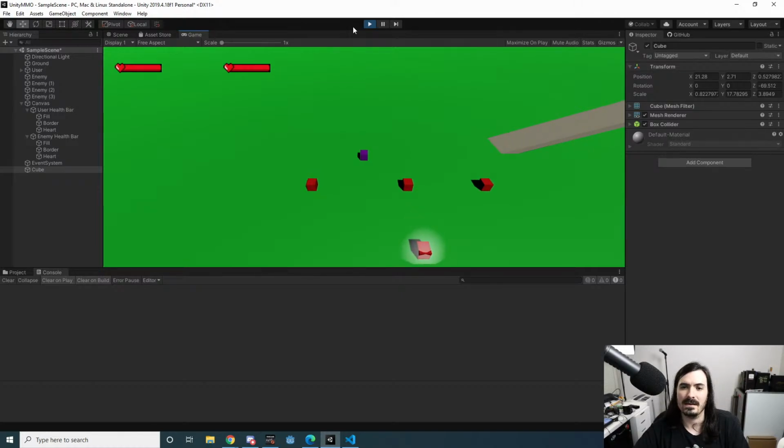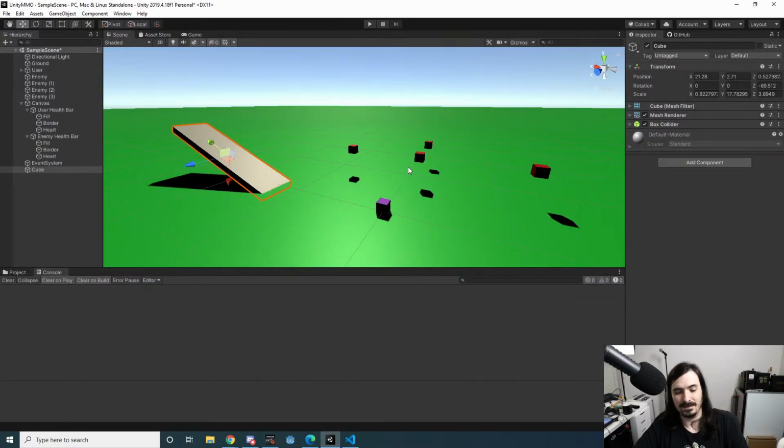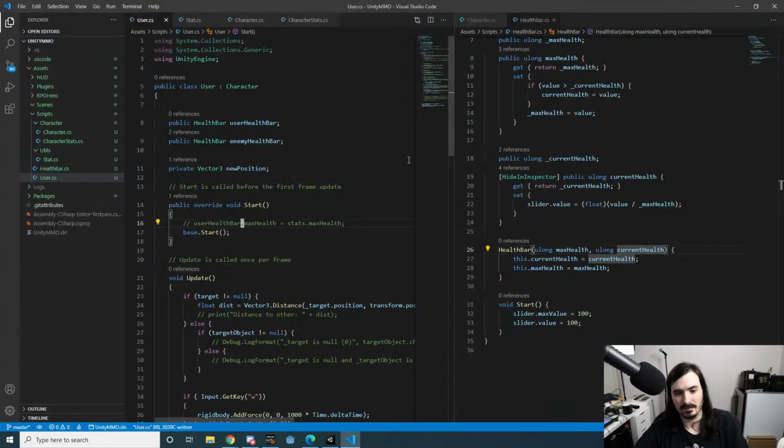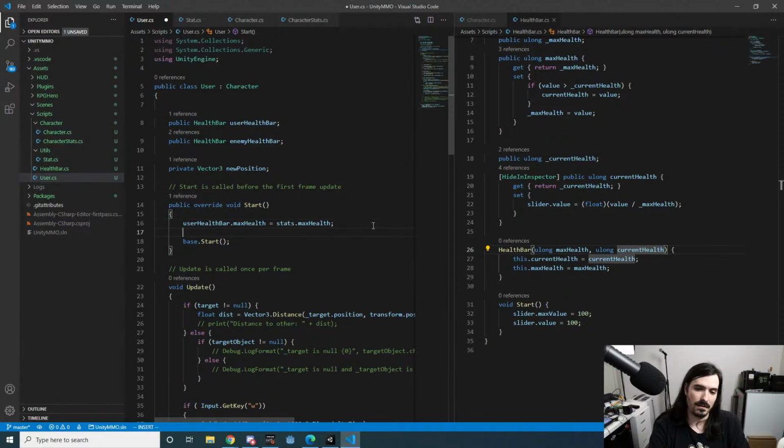Okay. Let's see. Okay. So take the user. We set to max health, right? So max health equals that, and then